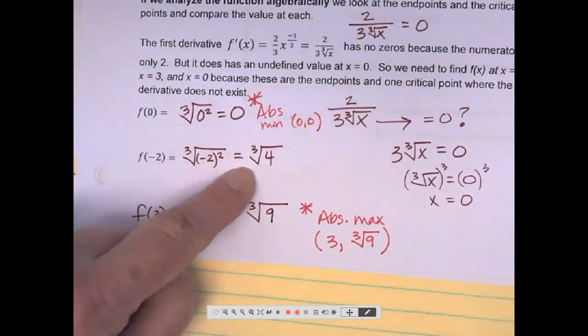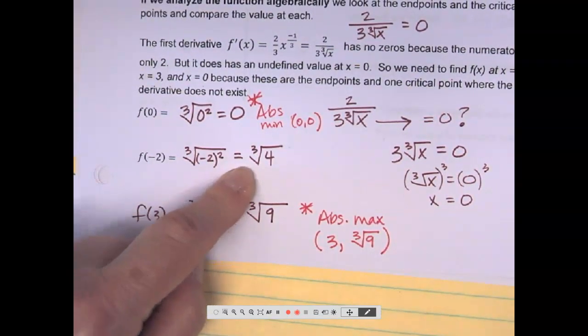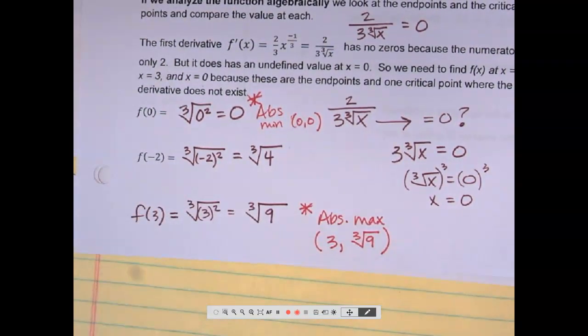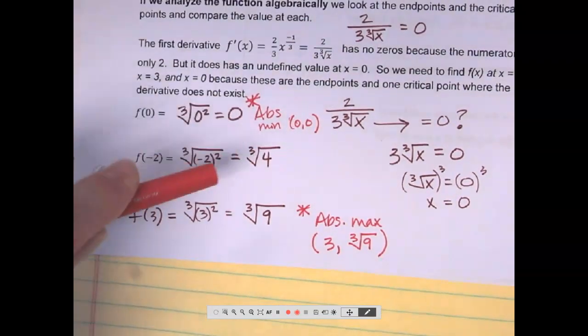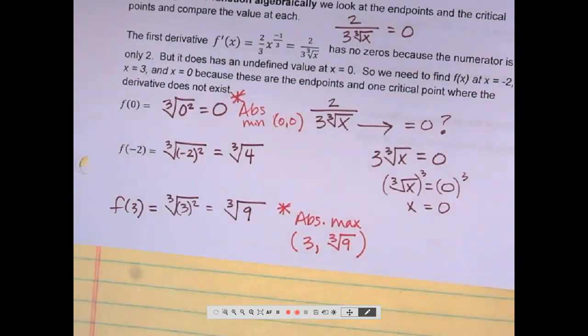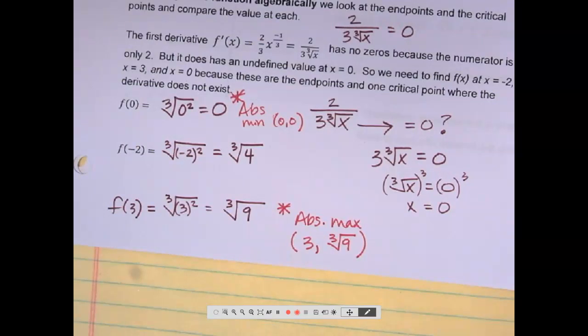So what is this one? It might be a relative max or min, but in terms of my absolutes, I know that's the highest and the lowest between those two. So I thought you said when we set the bottom equal to 0, that's when we find out the undefined. So like for negative 2 and 3, we're just trying to